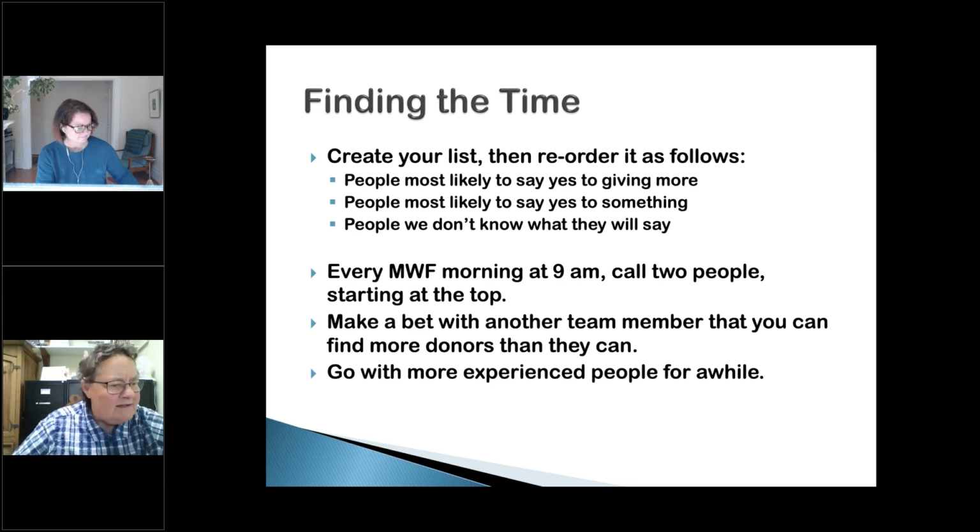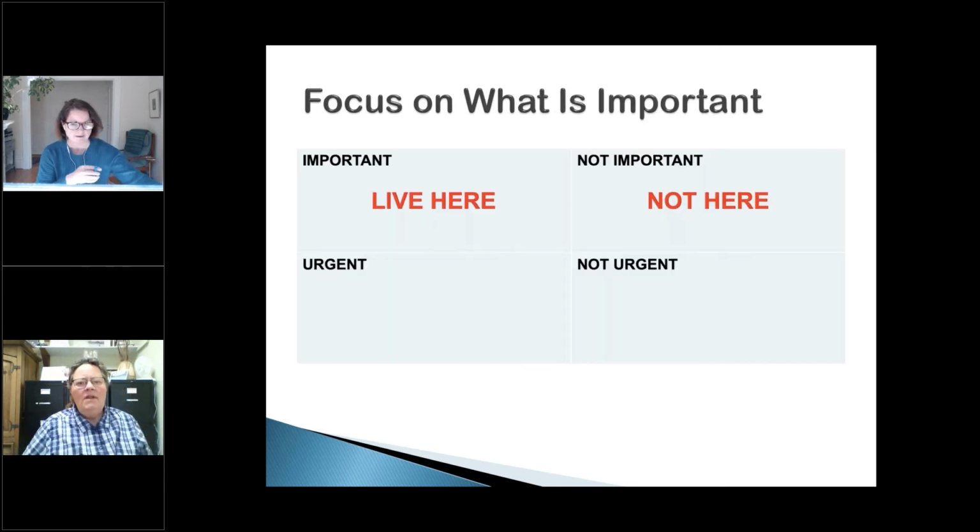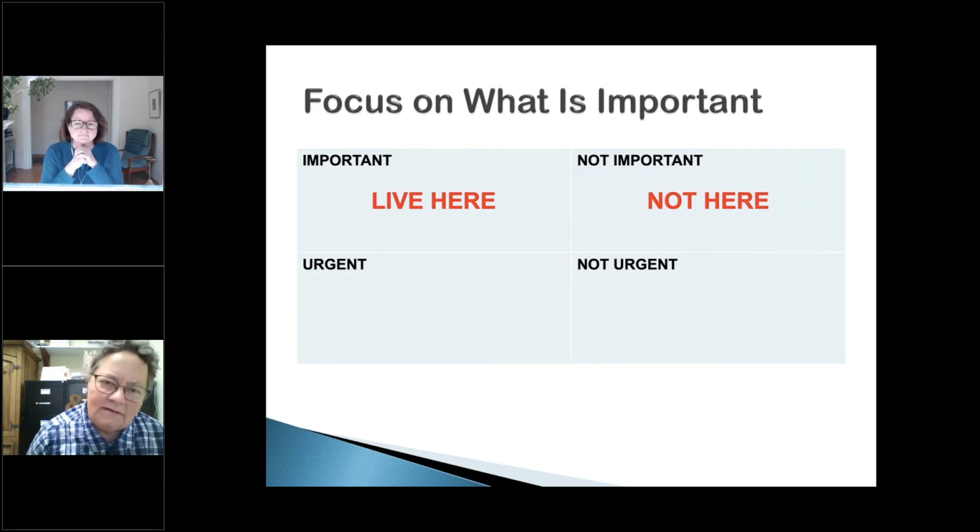All right, and the next slide related to this. This is, what's his name? It just went out of my head. The 7 Habits of Highly Effective People. Covey, Stephen Covey, who's dead now. He said every piece of work that we do, every action we take in life is either important or not important, and either urgent or not urgent.